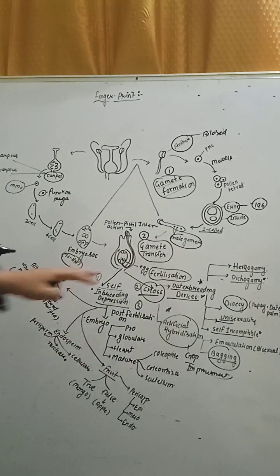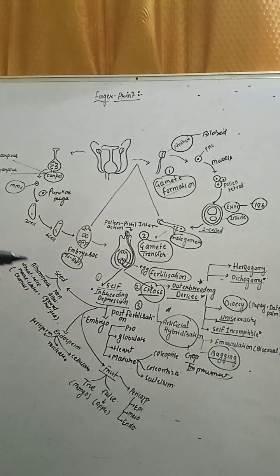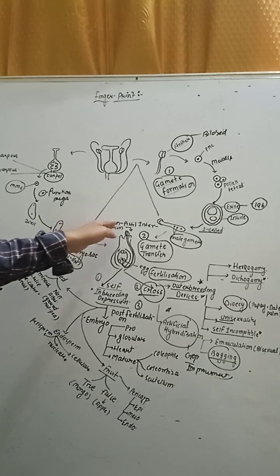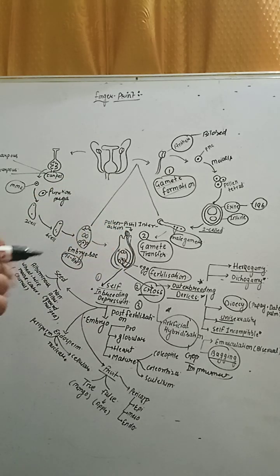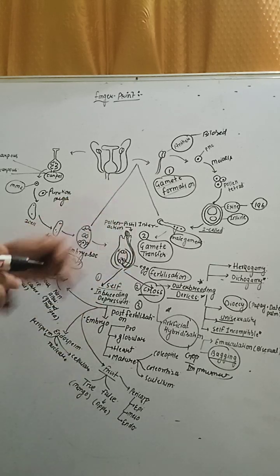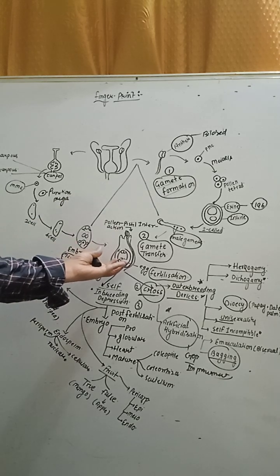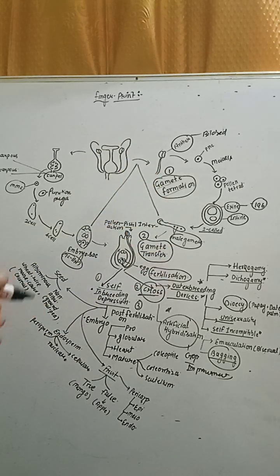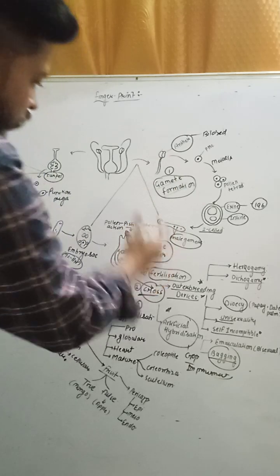Clear beta? After the pollination, when the correct pollen grain reaches the stigma of the flower, that is called pollen pistil interaction. If the pollen grain is compatible and the stigma receives the pollen grain, then there is a chance of germination of the pollen tube. Otherwise, if the pollen grains are incompatible or incorrect, they fail to germinate the pollen tube in the stigma. When the pollen tube germinates and reaches the micropylar region, there are synergids with the filiform apparatus which guide the entry of the pollen tube into the egg cell and fertilization takes place. So after gamete formation and gamete transfer, there is fertilization. Clear beta?